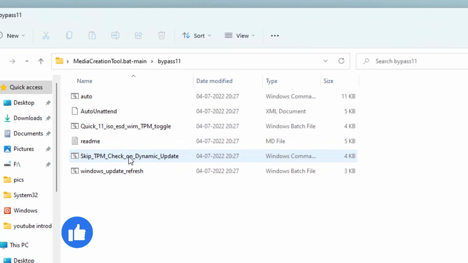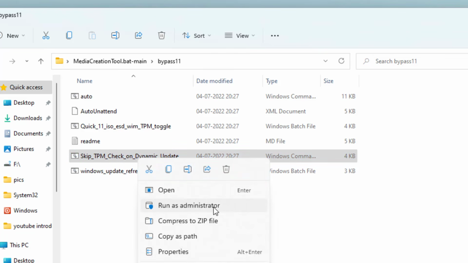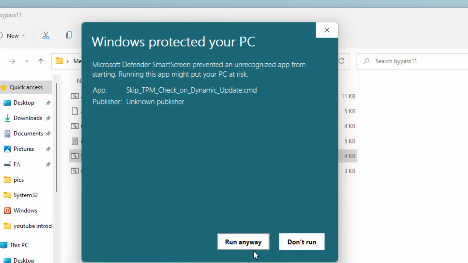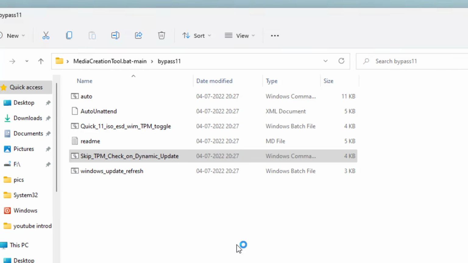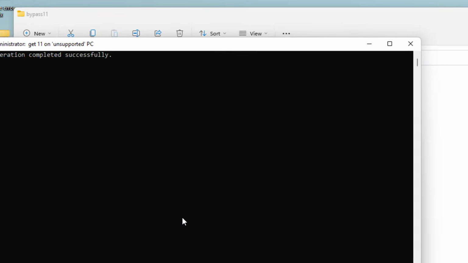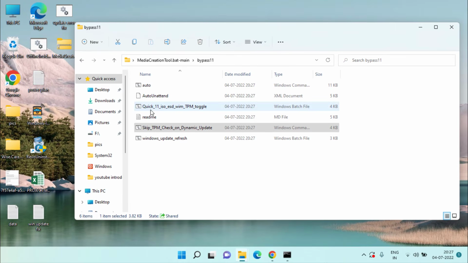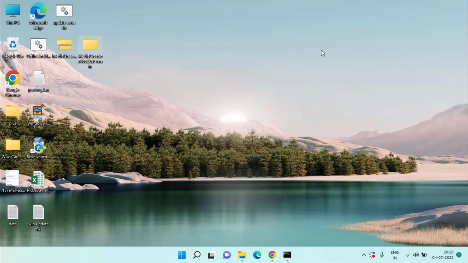Here you will find the option Skip TPM Check on Dynamic Update. Right click on it and choose the option Run as administrator. Click on More info and choose the option Run anyway. The operation is successfully completed and it will automatically close in a few seconds, like you can see. That's all you have to do. This way you have skipped the dynamic update checkup in your Windows 11, and once it is done, go ahead,